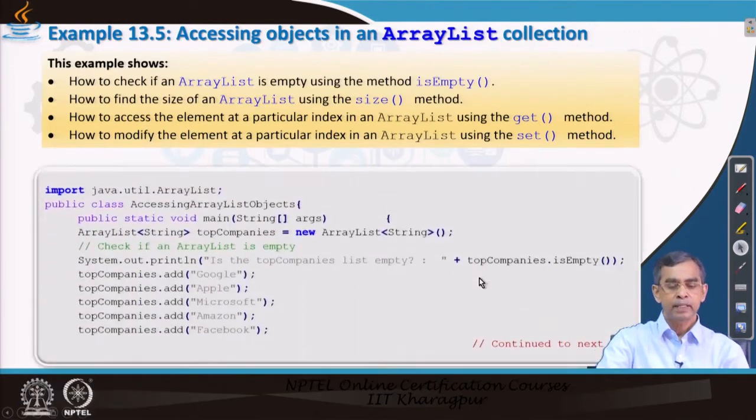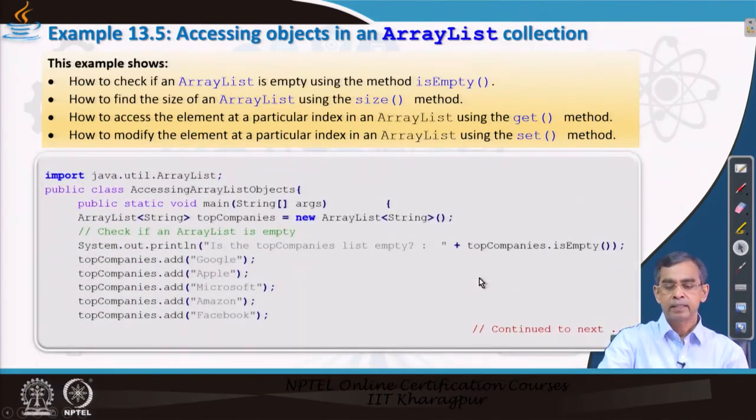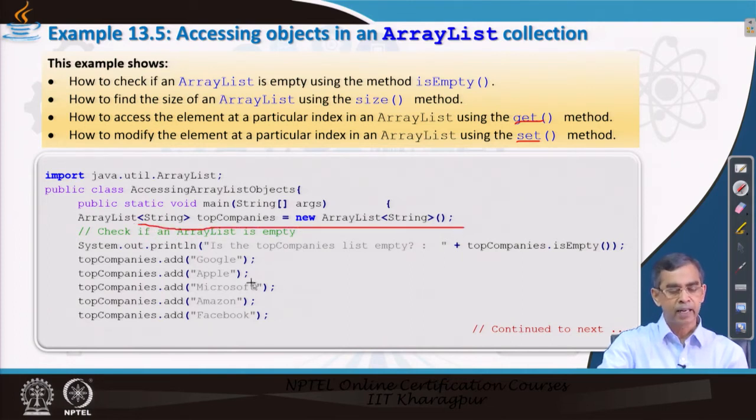Now, let us see a few examples of how we can use the get method and set method. The set method, as I told you, basically replaces one element, and the get method is basically to retrieve a particular element at the ith location. Now, let us see the utilization of a few of these methods, those we have discussed, in this program. This program basically creates a collection of type string, and then we create the string collection with these different elements in it.